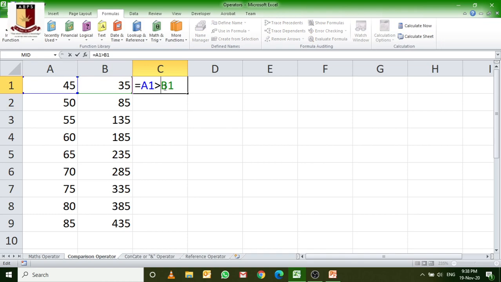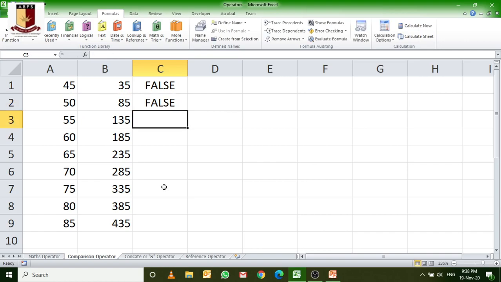Let me change it. A1 is less than B1. You know already, false. So this is the boolean value. These comparison operators generally return a boolean answer like true or false. Suppose this value greater than or equal to this value, false.